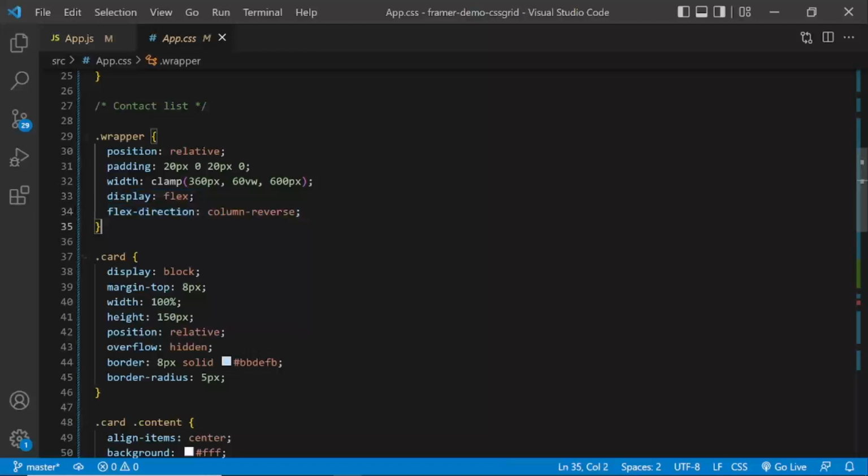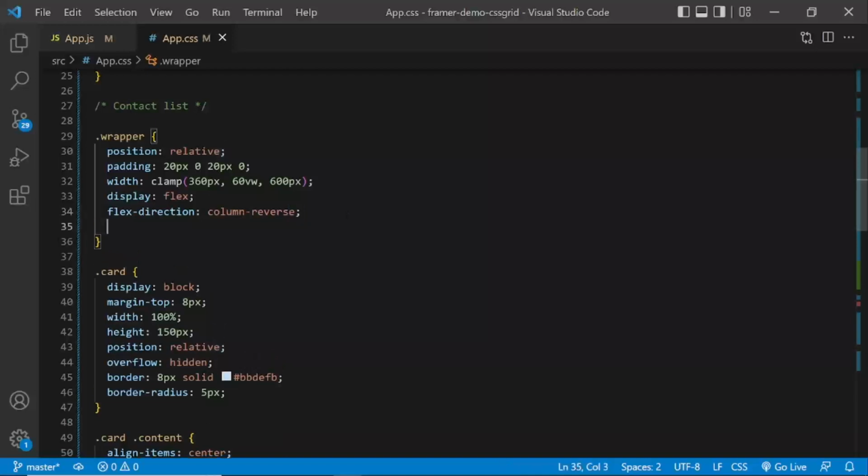If you want simple layouts with a single column and single row, then flex is ideal. But if you want a more complex, multi-dimensional layout where you've got multiple columns and multiple rows, then you have to be using a CSS grid. Now Flex has its advantages. For instance, you can do this column reverse like this with one line of code. In CSS Grid it's much more complex, so we won't be doing the column reverse with CSS Grid.